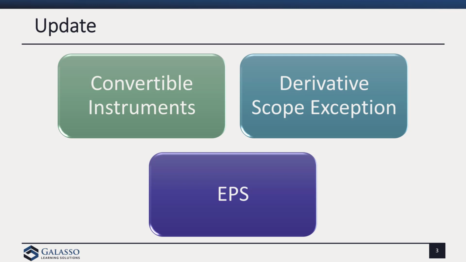And then last but not least, our EPS, our earnings per share. This is going to align the diluted earnings per share calculation for convertible instruments by requiring that an entity use the if-converted method and requires that share settlement be included in the diluted EPS calculation for both convertible instruments and equity contracts when those contracts include an option of cash settlement or share settlement. So I think here the focus is really to improve the EPS guidance on areas that were specifically in scope, right? The convertible instruments and the contracts in the entity's own equity. So they were trying to really focus on this.